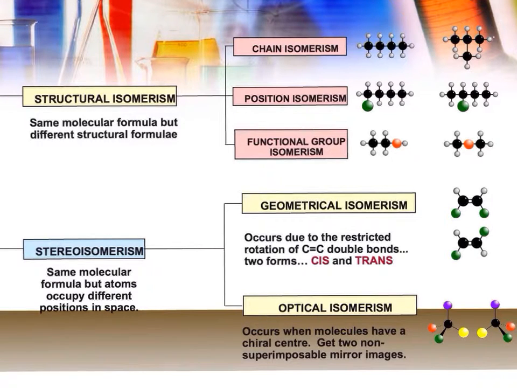So just reviewing the difference between structural isomers and stereoisomers. Structural isomers can also be called constitutional isomers. They have the same molecular formula but different structural formulas. That can be in the form of chains. Here we have a chain of 4 carbon atoms, and we'll know that by the 4 black dots, and the white will represent the hydrogens. On both of these chemical compounds we have 4 carbons and the same number of hydrogens. The only difference we see is here we have it as a chain, where here we have it as a